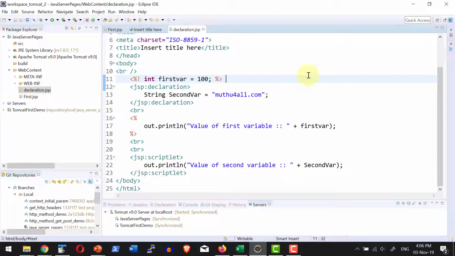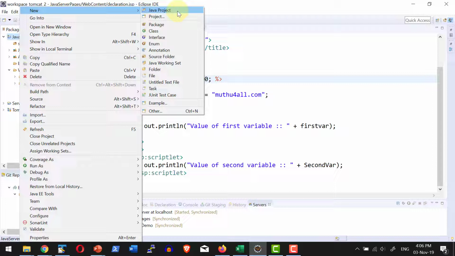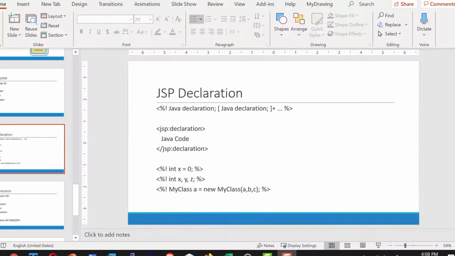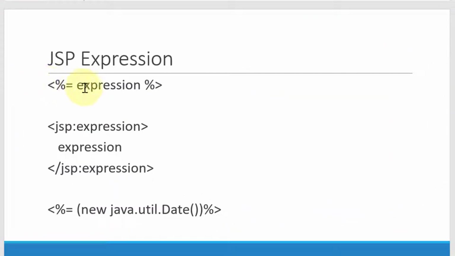Now let us see a small example on expression. Let me create a new JSP. Here I am going to add a sample code for expression. Before that, let's have a quick understanding of the syntax for expression. An expression will be put within the specific tag that is less than percentage equal, and it's completed with percentage and greater than symbol. The XML equivalent of it will have jsp:expression, and within that